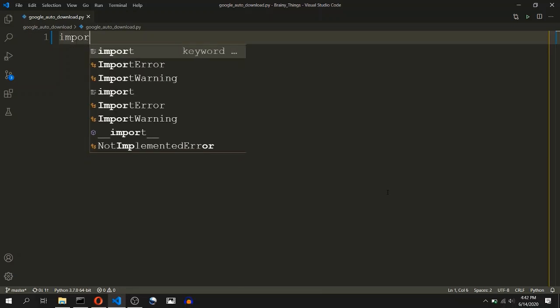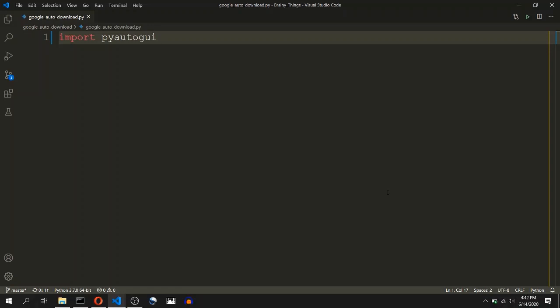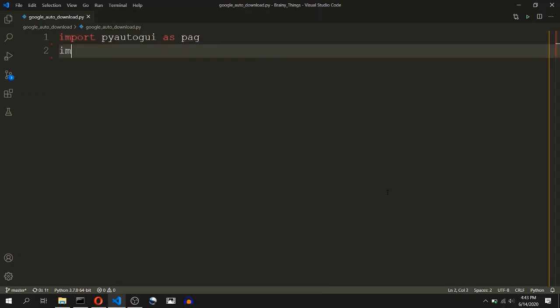First, we will import the PyAutoGUI library. PyAutoGUI is a cross-platform GUI automation Python module used to programmatically control the mouse and keyboard. The command that you need to run on your command prompt to use this library will be displayed on the screen right now. Once you run this command, you can import this library. I will use a short alias of PAG instead of PyAutoGUI for ease in coding. We will also require the time library as we want to choreograph the automation steps with fixed time intervals in between.